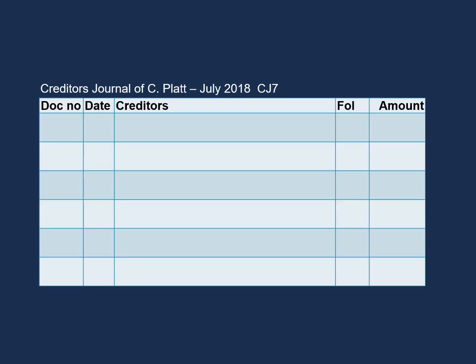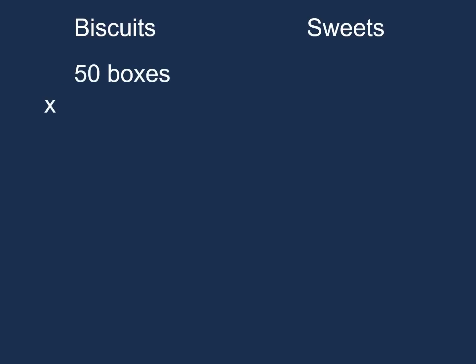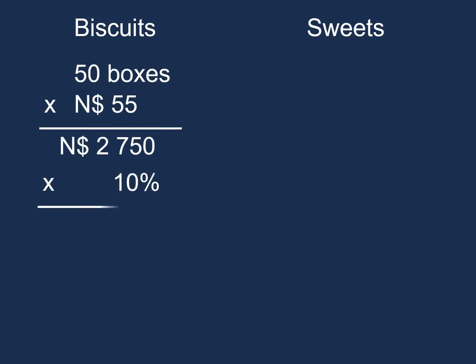This is the format of our creditors journal, and we only record credit purchases in our creditors journal. Our first entry will be for Severa Solutions. That happened on 3 July and the amount was 2,800. Now before we enter the transaction for Janssen Stores, let's do the calculation. It was 50 boxes, which was $55 each, which will come to 2,750, and 10% of that is